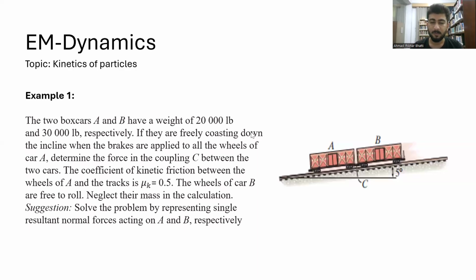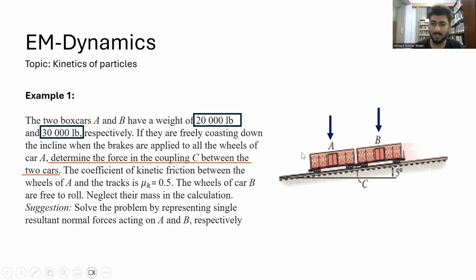In this problem, we have to find the force in the coupling seal between the two cars. Now you see the car A has a weight of 20 pounds, while the car B has a weight of 30 pounds. Now you see these two weights are acting vertically downward, and you see both these cars are moving in the negative x direction, while we have a coefficient of the kinetic friction between the wheel A and the track, which is 0.5. So it is acting towards the positive x direction, while the wheels of the car B